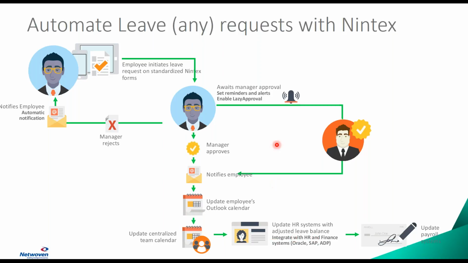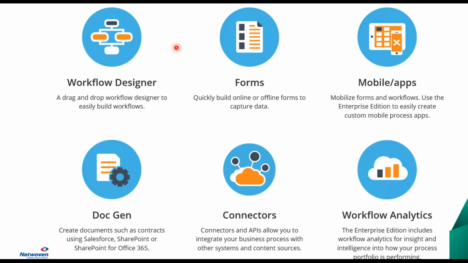So this is a very common scenario for a lot of different automations that we talk about, or business processes. So that's why I put up here at the top, you can see that I said automate pretty much any request with Nintex, and I'll get more specific about that as we move on. One thing I want you to take away from this is a very common scenario of using Nintex, and even though this is a simple case, I'm also going to show you an example of some much more complex multi-level approvals that need to be done, and talking to back-end systems and integration. So first off, before we get started here, let's just talk about the platform and what's included.